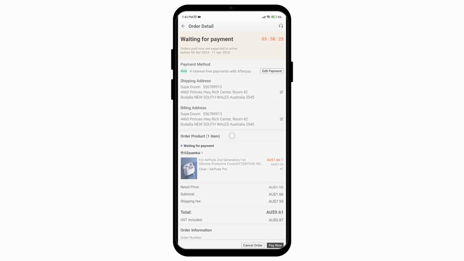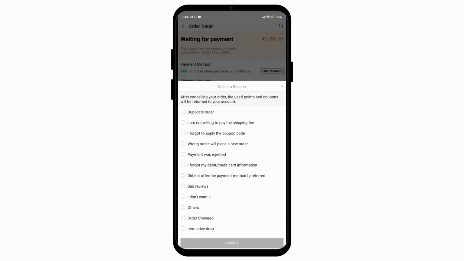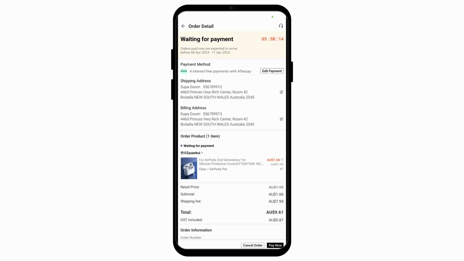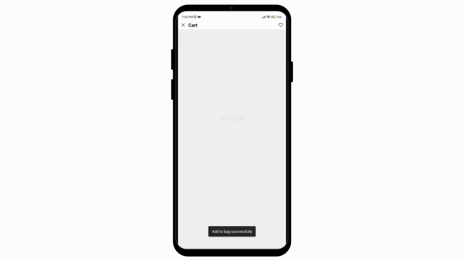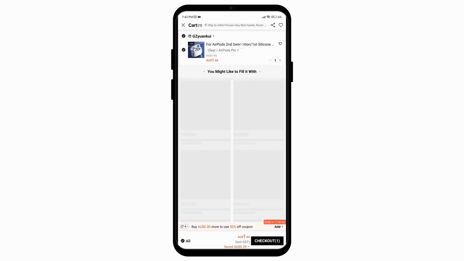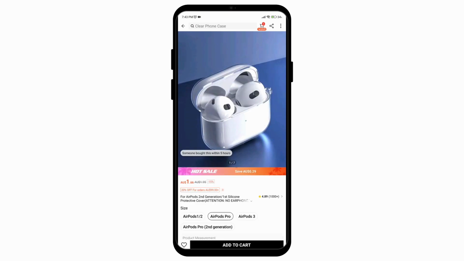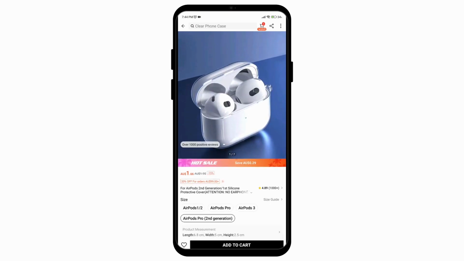After that, select the Confirm Cancel option and select the reason for why you chose this option. And once you do, you'll be able to add it to the cart or remove it from there. Let's go to the Add to Cart option for now, and then let's go to the page with the product again. Now let's rearrange the size and modify it, and after that let's go to the Add to Cart option